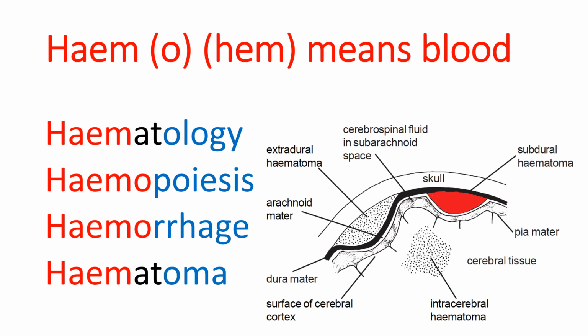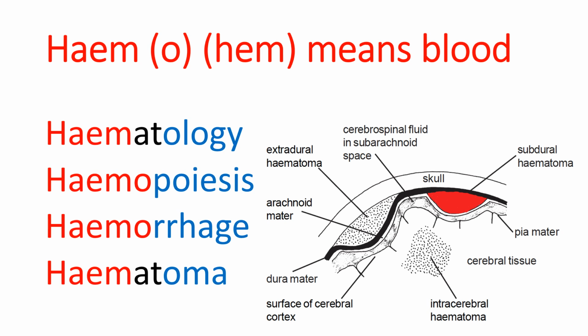Now, as seems to be the convention in these talks on terminology, the word at the start, the prefix, I have coloured in red. And later when we look at suffixes on the end of the word, they'll be in blue. And of course, when you think about blood, the first word that comes to mind is haem. Haem means to do with the blood. So H-A-E-M in English, H-E-M in American English. The rest of the spellings of the word are the same, it's just that in American English they don't put in the A.